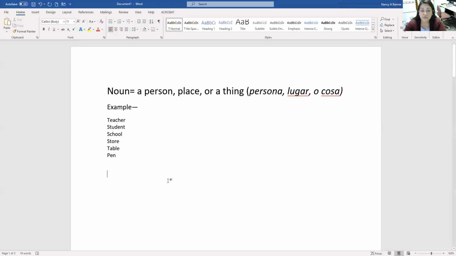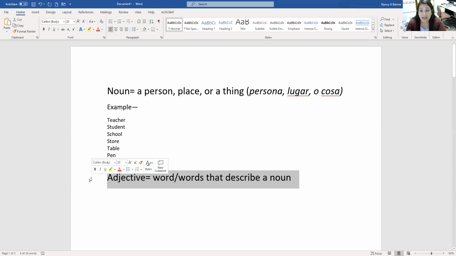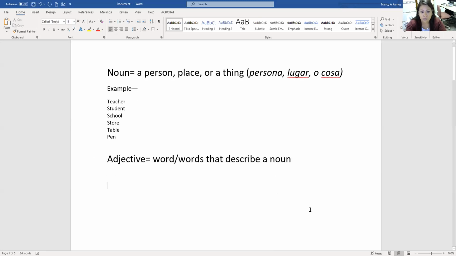All right. So when you're talking about an adjective, an adjetivo, right? An adjective is a word or words that describe a noun. Okay, so un adjective es una palabra o palabras que describen al noun. So, por ejemplo,